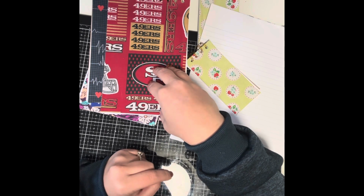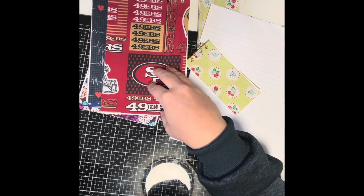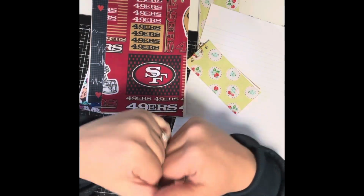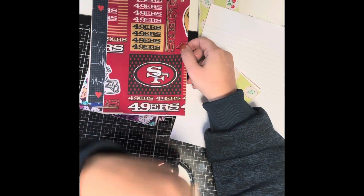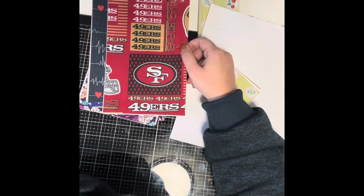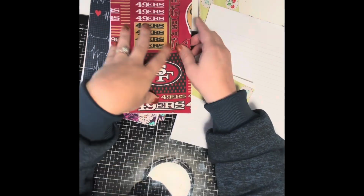fabric type. I know that Mod Podge has lots of different variations, and there is one specifically designed for fabric. So I would definitely use that. I didn't have it, so I ordered some off of Amazon, and I'm just waiting for that to come and see if it'll make a difference,